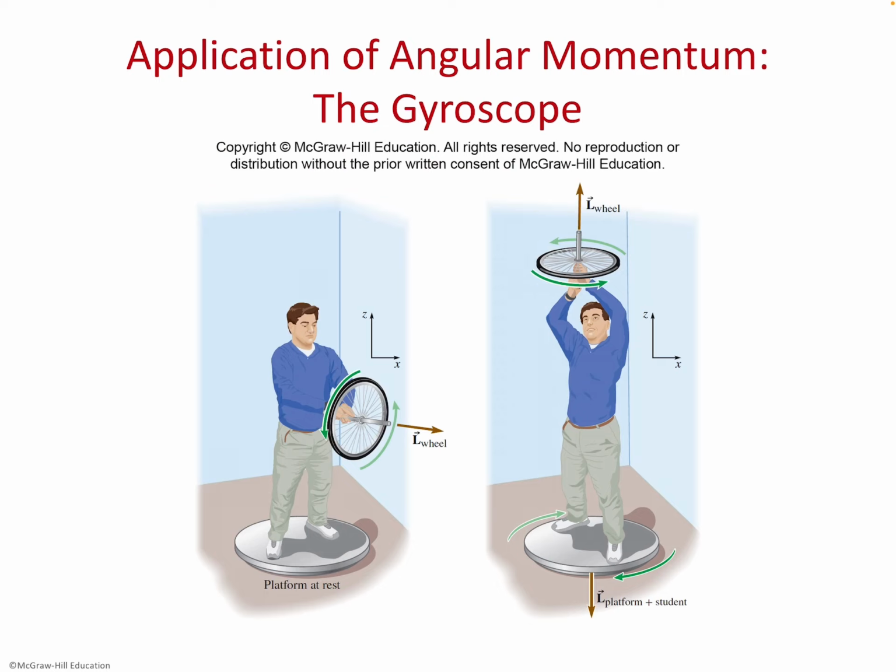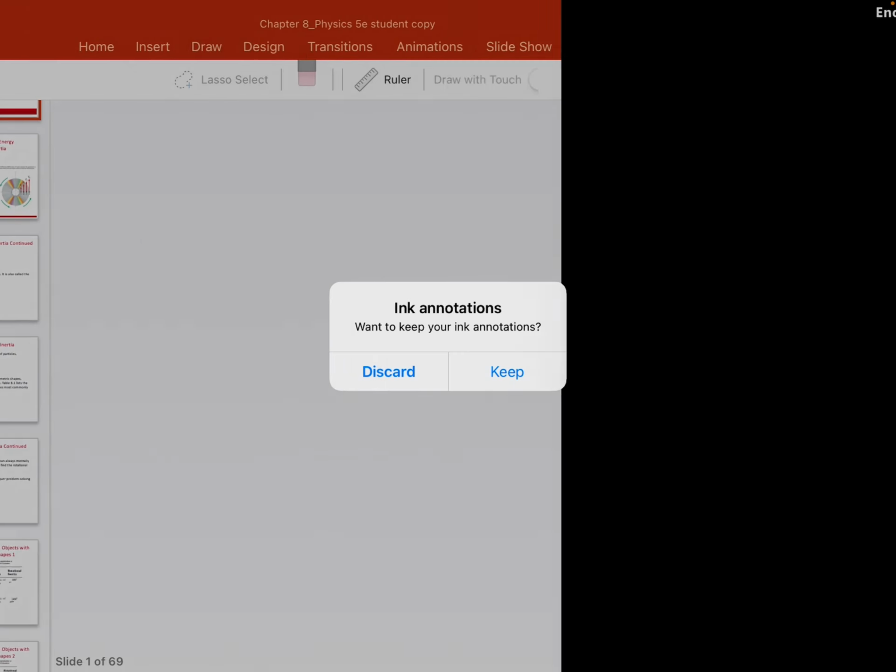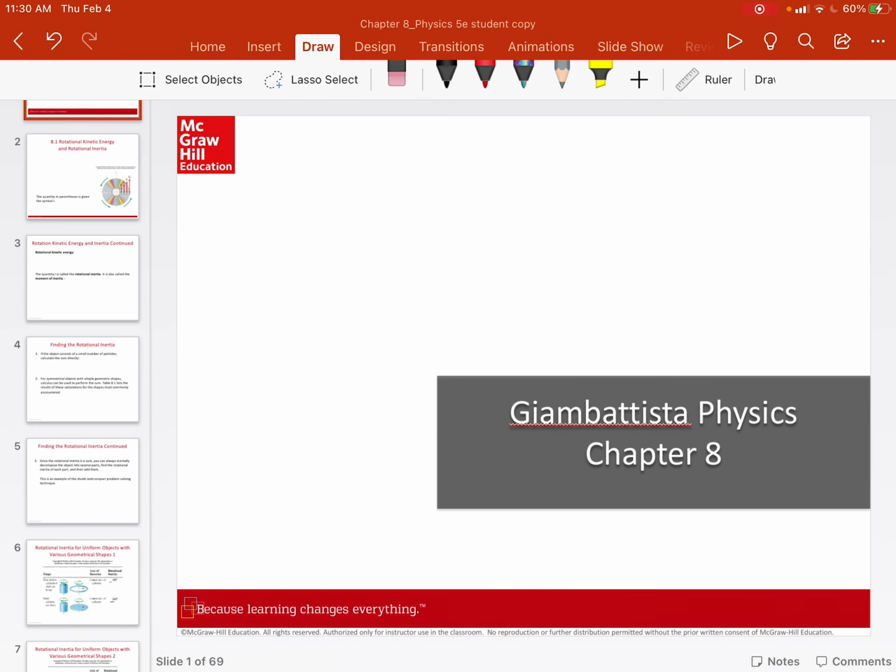It kind of goes along with those planetary orbit motions. Like I said, they use them in all kinds of cool things like airplanes and submarines, but there's no calculation with that. So that is the end of chapter 8. Hopefully this helps on those angular momentum